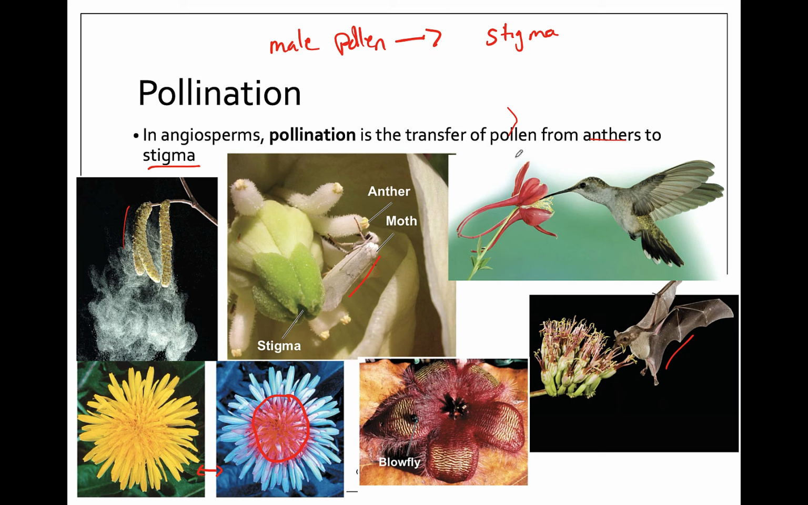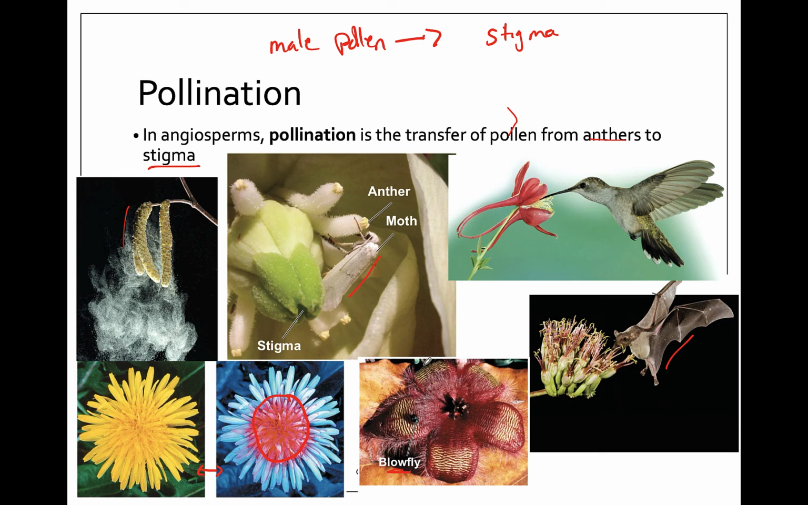Birds are drawn to very large flowers that tend to be brightly colored. Birds don't have a very great sense of smell, so they're going to use vision to hone in on things like bright reds. And then flies, so here's a blowfly, they're often attracted to red, fleshy looking flowers that have